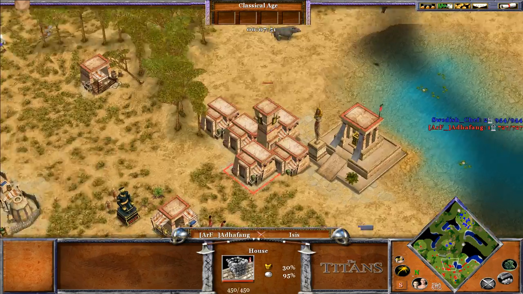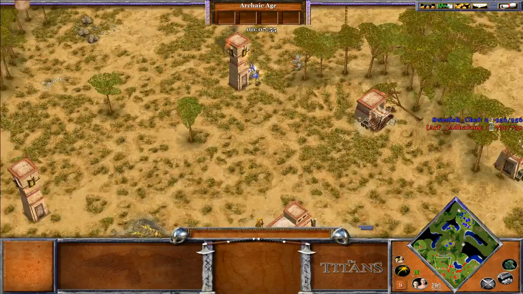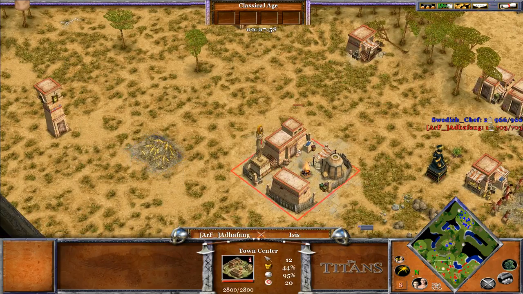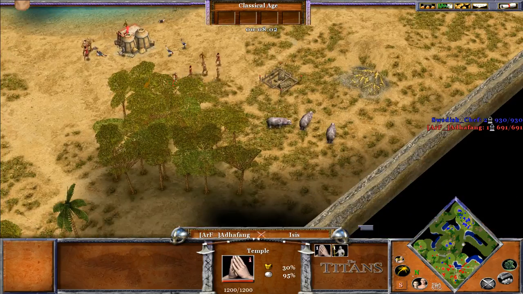You also might want to think about maybe putting some houses around that watchtower, because that's out of range of the town center, so it can get picked off, and then this large gold mine is going to get sort of wrecked. It's going to be fairly difficult for